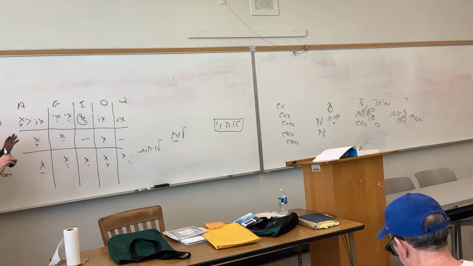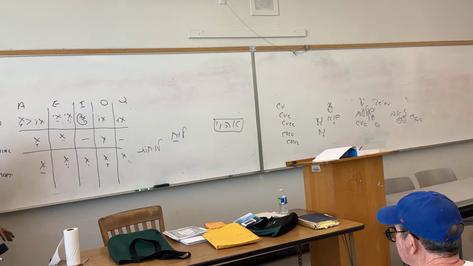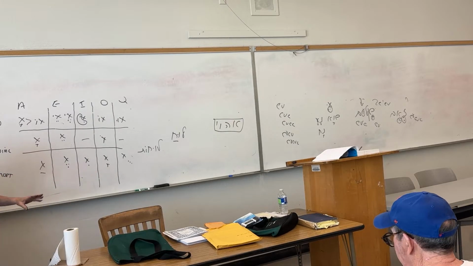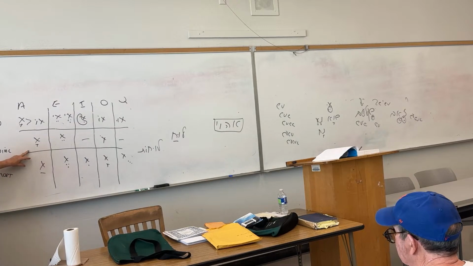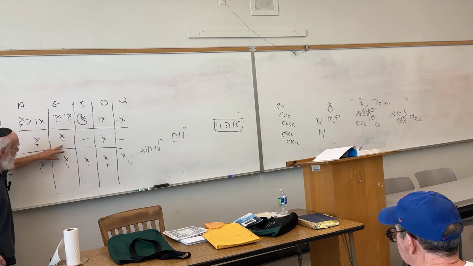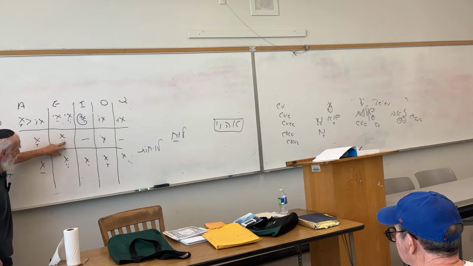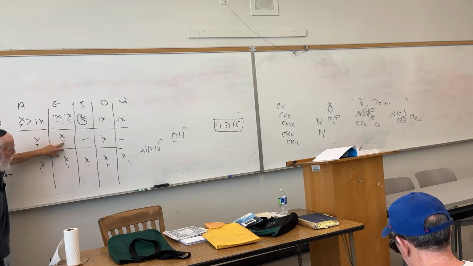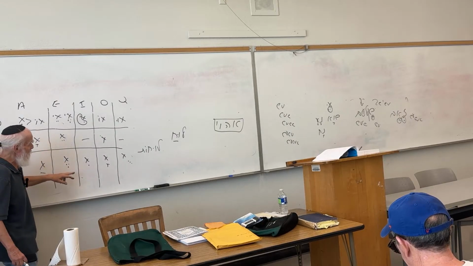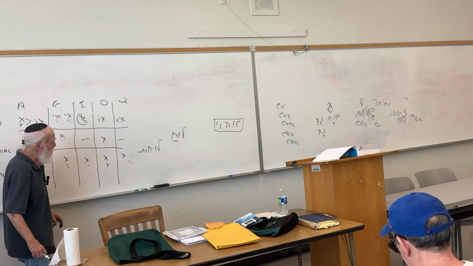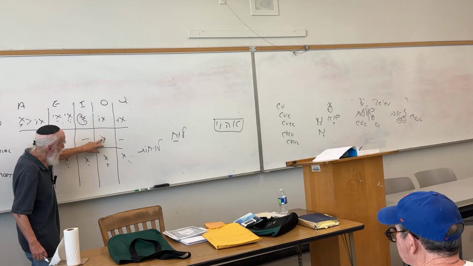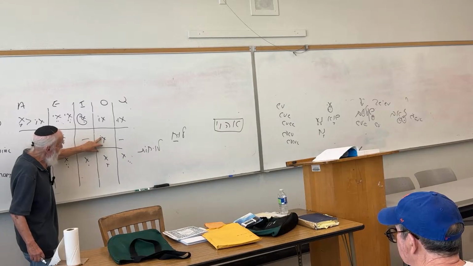It's no longer used. You're not going to find words unless they make up new words when they use the long kamats. So one example of the long kamats is Shavuot versus Shivuot. Shavuot is the holiday, and Shivuot is weeks. This is the sound of Ah. The sound of the Tsere, that's called the Tsere, is an A sound, not an S sound. The horizontal two dots are an A sound. Hebrew does not have a medial E sound, so I put a dash. Hebrew has a medial O sound, and look at what it looks like. It's a dot to the left of the letter. It's without the Vav.